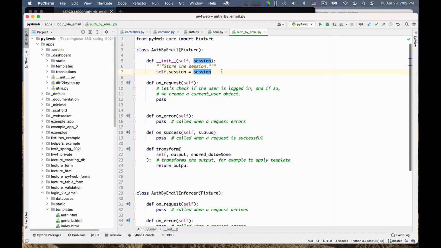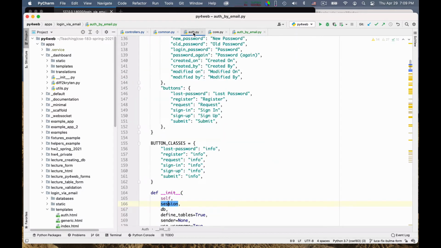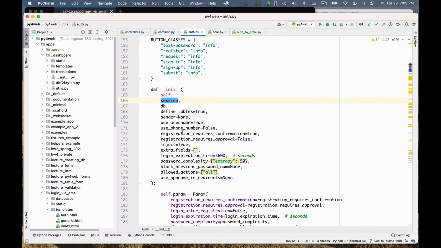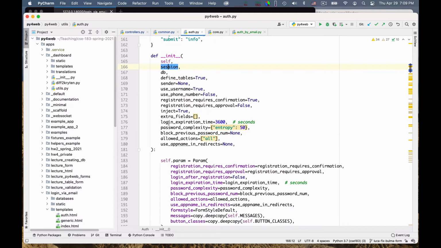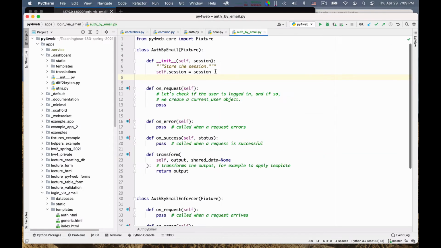And since we are at it, actually, we can look at the auth initializer, and we can see that we may want to have the session as the prerequisites. So we also say self.prerequisites is equal to the session. Okay, this defines a dependency between the various fixtures.